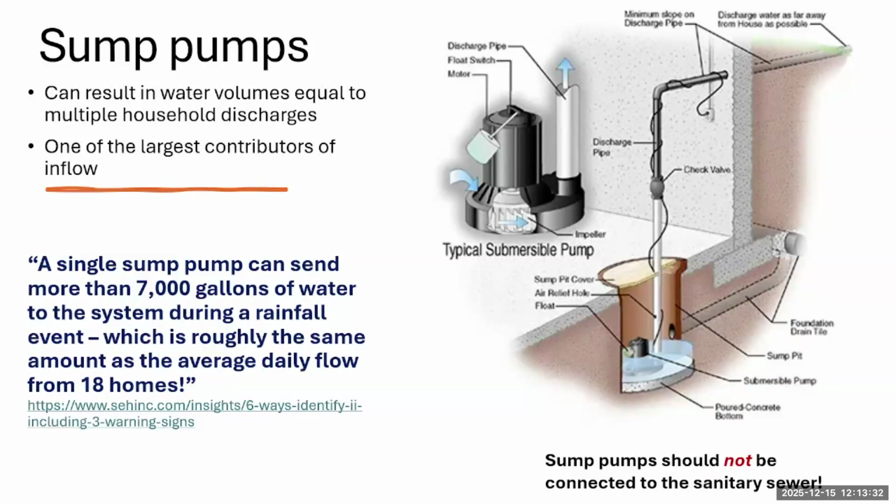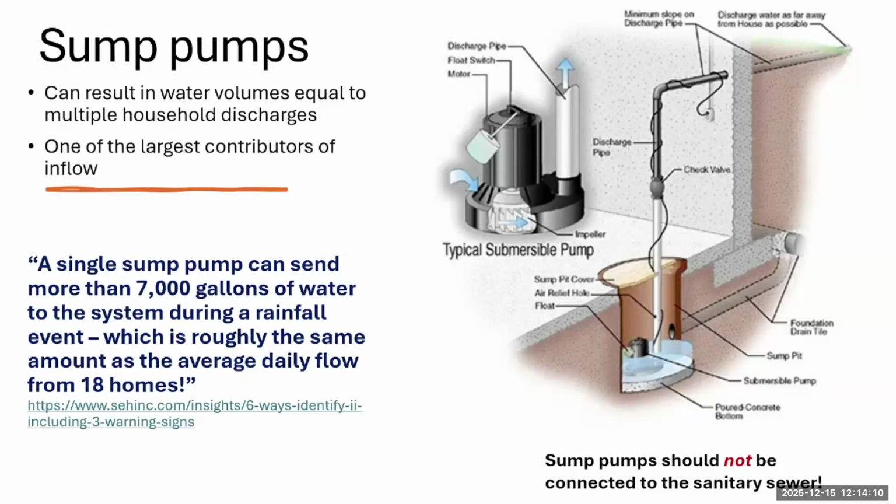So that's a lot. If we're adding 18 times the natural amount at one home, imagine if all 18 of those are doing that. So that's why, if we've got issues with sump pumps that are connected to our sanitary sewer, it can cause a lot of problems out there. Our collection systems were not made to handle that water, and our treatment facilities also were not made to handle that water. Now, if this is going to a combined sewer, that could be a different story.